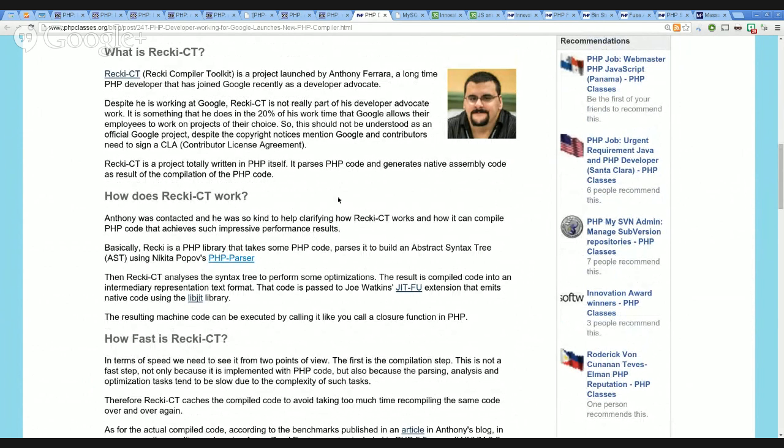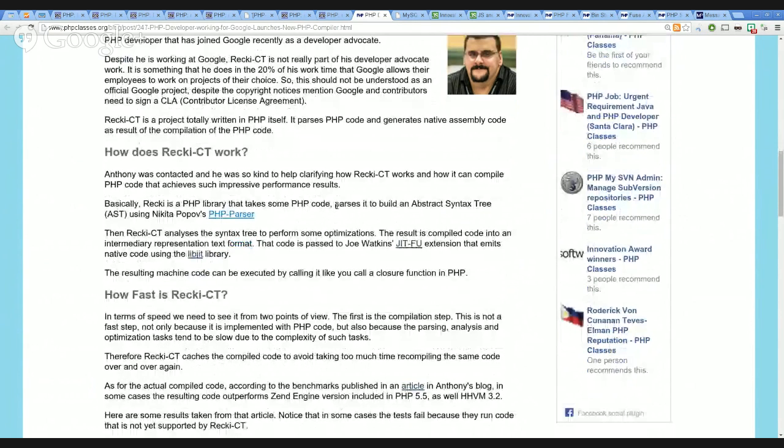So what is this project? In practice, it is able to compile PHP code, not necessarily all your application's code. You can just compile parts of your code. It uses a process of building an abstract syntax tree. It actually uses a PHP parser that is totally written in PHP. Actually, the whole project is written in PHP, although it depends on an extension called JIT-foo for emitting native code using a library called libjit. So apart from those steps of generating native code, it is all completely written in PHP,